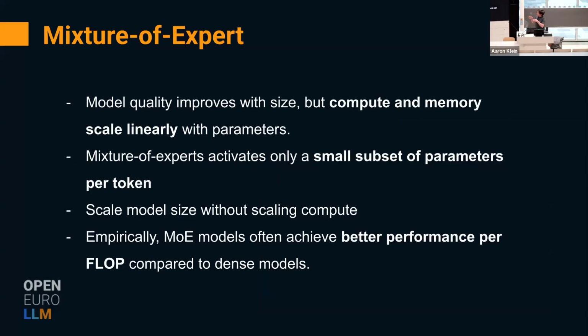Now, I already mentioned, we don't just want to train vanilla dense models, but also want to look at more state-of-the-art architectures. One of them is a mixture of experts. They became quite popular, especially with the latest generation of those Chinese models. The nice thing here is you can increase the parameter count without increasing the compute that you spend per token. So you make your model essentially much more powerful without increasing the compute it takes to train or to do inference of this model.